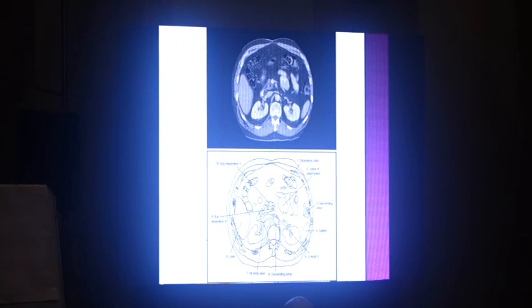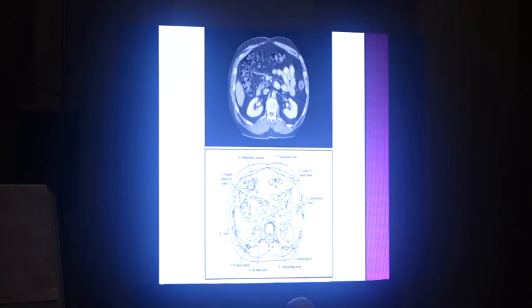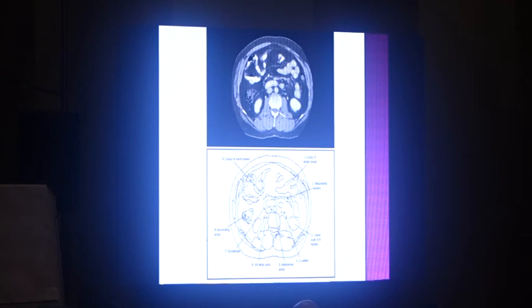Okay. Right kidney, left kidney. Next. Okay. The size of the liver is decreasing. Now we cannot see the spleen. We can see the small gut filled with contrast. We can see the ascending colon. Okay, next. Next. Again, transverse colon. Okay, now we can see that the psoas has started appearing. Yes, these are the psoas.